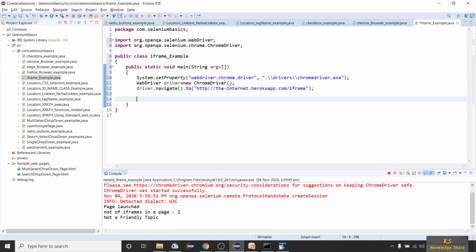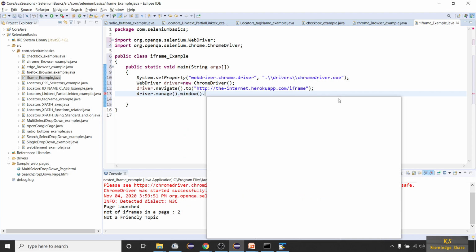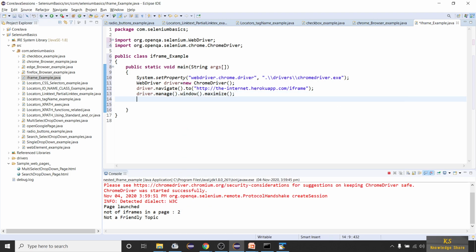Now we are in a frame. Let's check how to get the number of frames on a web page. Before that, let me write the maximize method. This will maximize the window. Now let's find the number of iframes. This is pretty easy, which we already discussed earlier.